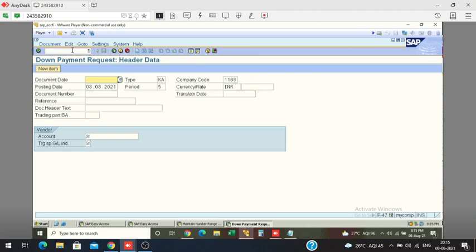So we cannot do a payment to anyone without instruction from management.